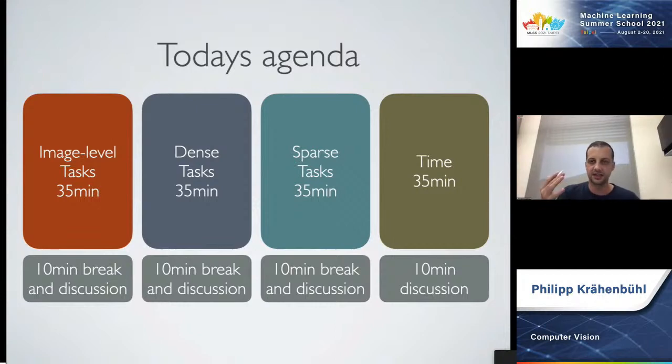And then we're going to look at sparse tasks. These tasks by now make up the majority of computer vision. They're somewhere in between trying to figure out just one label per image and trying to figure out what's going on at the pixel level. And then towards the end, we're going to cover some temporal tasks. Now, I just bundled a bunch of them together at the end. They're not very nicely organized. But towards the end, as far as time allows, we'll look at how people actually model videos or temporal signals in computer vision.